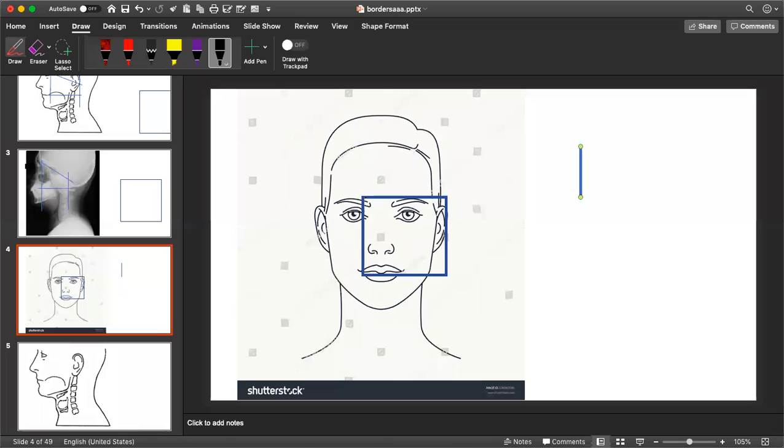Your superior border would be a straight line just like this. Your superior border would go through the superior border of the supraorbital ridge. So your supraorbital ridge would be somewhere around here, and this is your orbit. Yes, this would be your supraorbital ridge, and your superior border would include the entirety of the supraorbital ridge, and you would not be saving this eye.